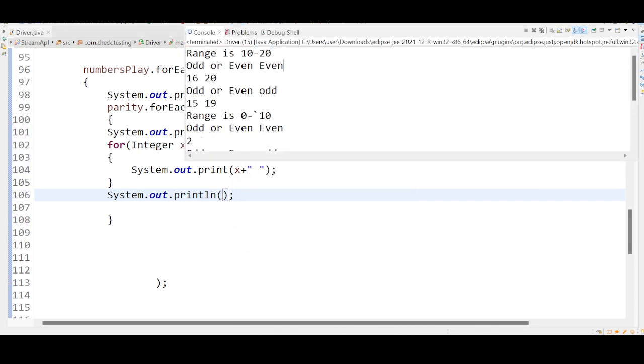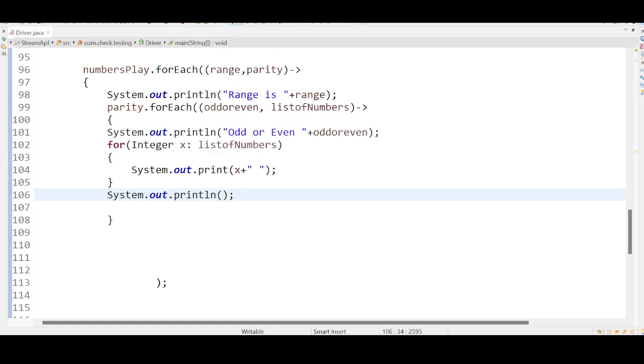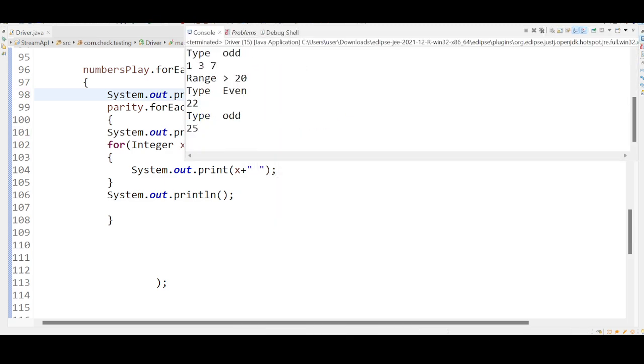Now you see the range is 10 to 20. For the range 10 to 20, again there is a subcategory odd or even, right? For the range 10 to 20, type even, you have 16 and 20. Type odd, you have 15 and 19. For the other range, it extracts the even as well as the odd numbers. And the last one is the numbers greater than 20, you have 22,